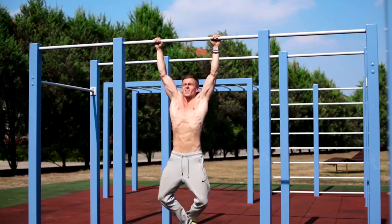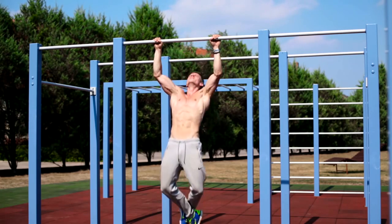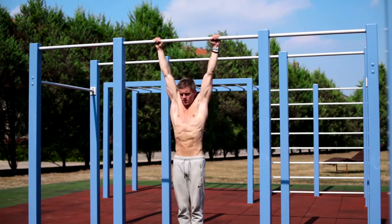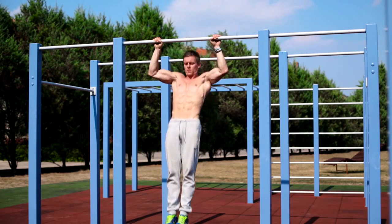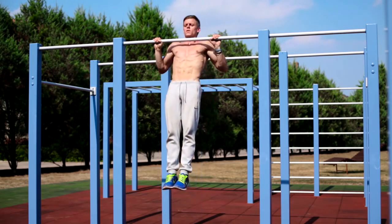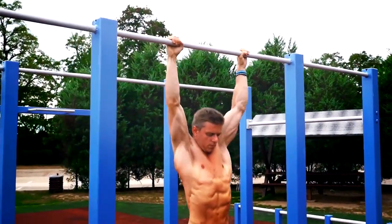When it comes to the position of your legs, it's possible to cross them or not. If you cross your legs, it will be easier to stabilize the movement. If you do your pull-ups with uncrossed legs, your body has to do more stabilization work, especially in the core. This can be a pro or a con, depending on your goals, but it plays a minor